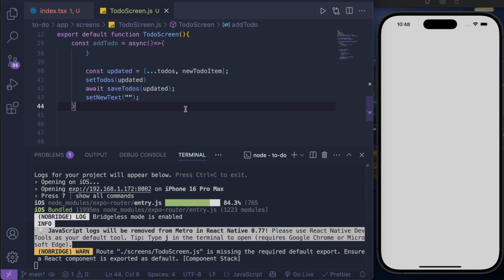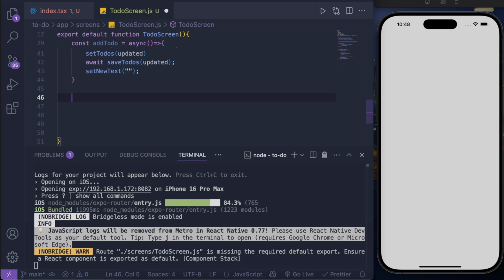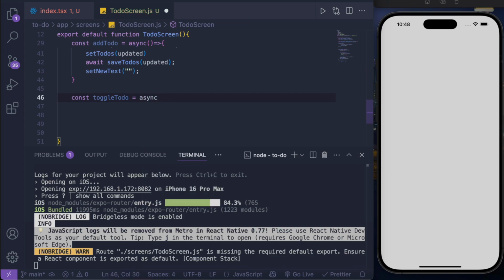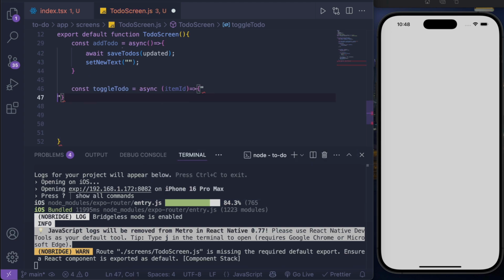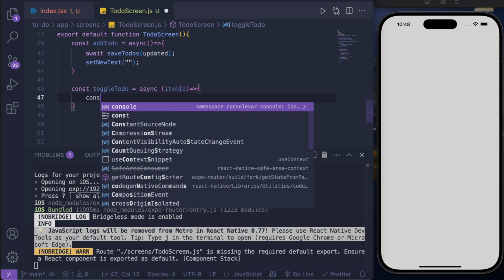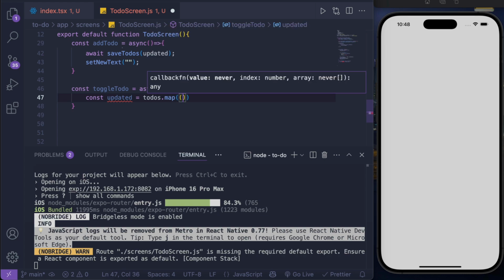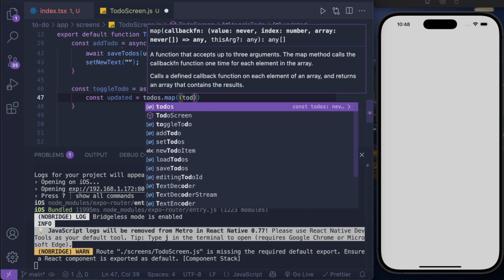Awesome. Now you want to be able to toggle between the completed status. So you want to say const toggleTodo async, item ID. So you're going to take the item ID for that todo item, and we're going to say const updated is equal to todos.map. We want to get over todo,